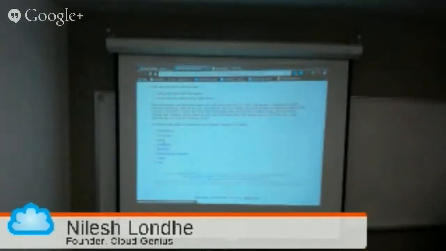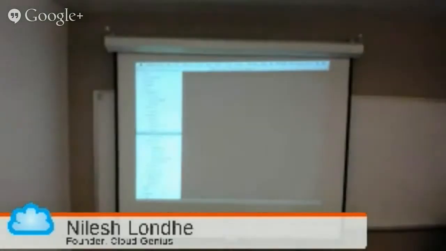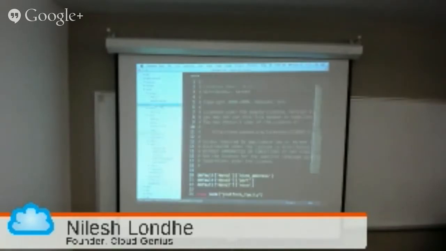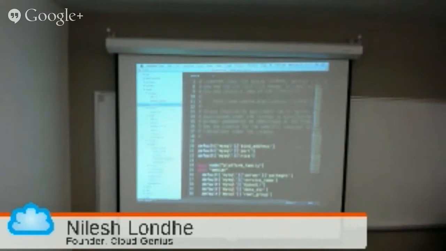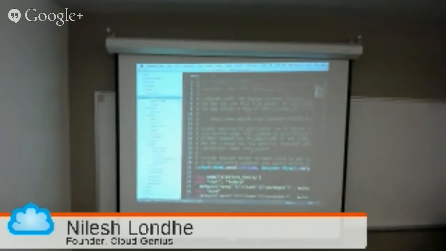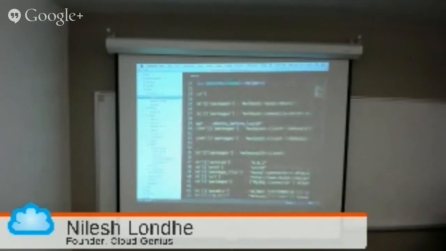Okay, so we talked about nodes. We also talked briefly about cookbooks. We looked at structure. Let's go inside and look at some of the attributes here. So attributes for a server: you can define what port you want to run, what address, and whether it will be nice or not. There's a nice flag. Here in client, there are some attributes such as